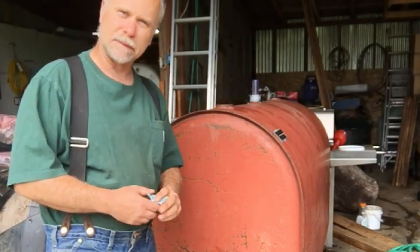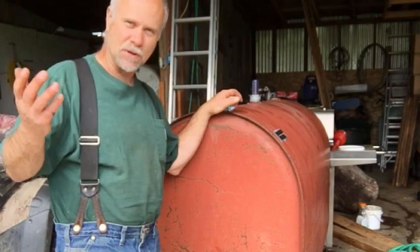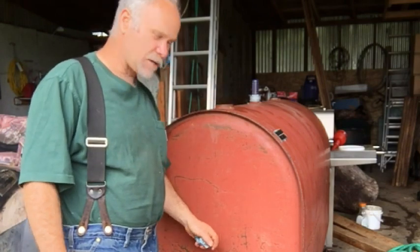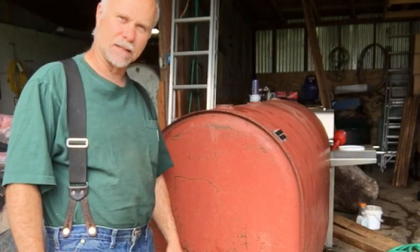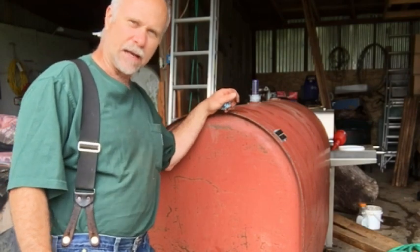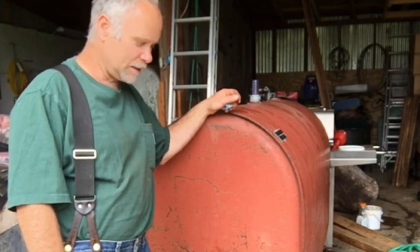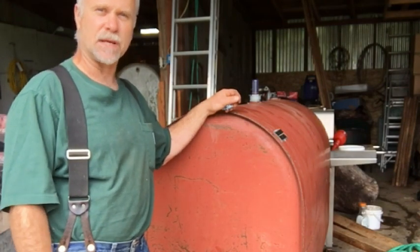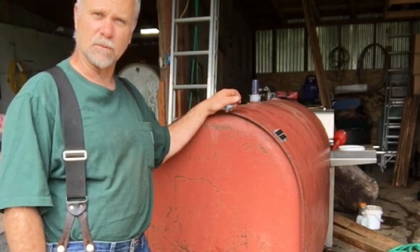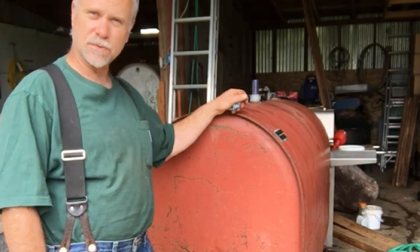Is it worth it? You know, you're better off just to buy a new tank, but you see these tanks being given away all the time. If you've got the time, you got the patience, you got the effort, and you know what you're doing, you can fix one of these old tanks up and it can last you for years to come. The absolute best tank to get would be a stainless steel. The second best tank to get would be an aluminum tank, but old steel tanks, you got to really be